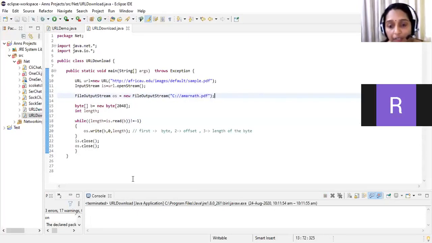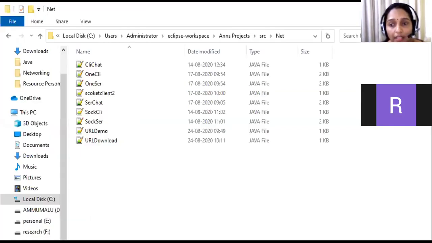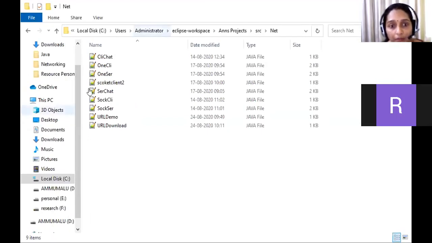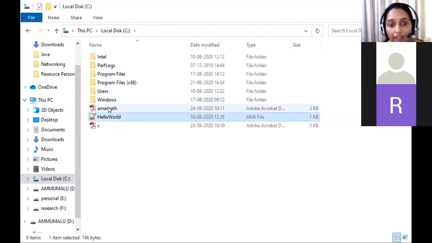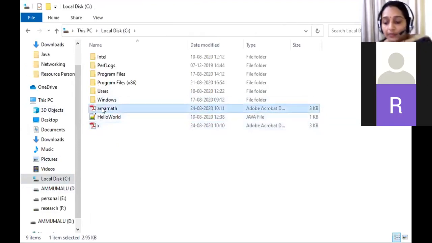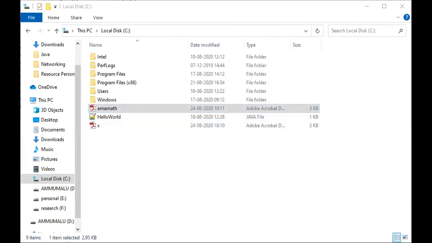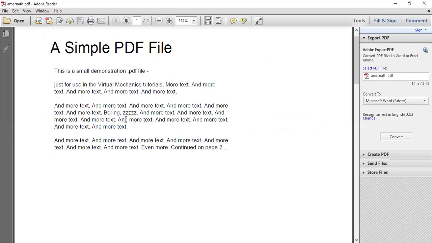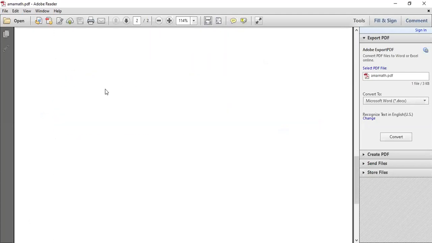Now let me check my C colon. I assume you can see my Explorer. Can you see my Explorer? That's fine. Yeah, I've got an Amarnath. I'll open up my Amarnath. Yeah, the same thing which we saw. Isn't it, Ruben? This is what we tried downloading, right? A 2-page PDF. No, I can't see it. Oh, just a minute. I'll just share the PDF. Look here, amarnath.pdf. I hope you can see it. This is what we tried downloading.